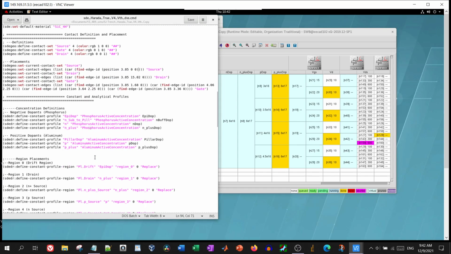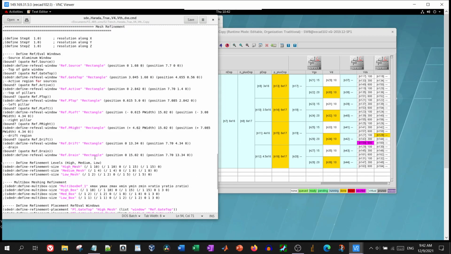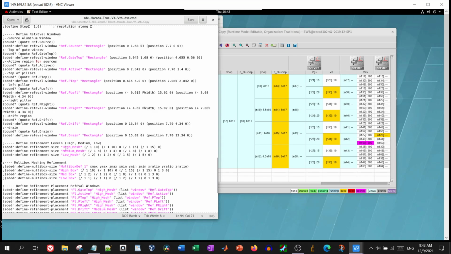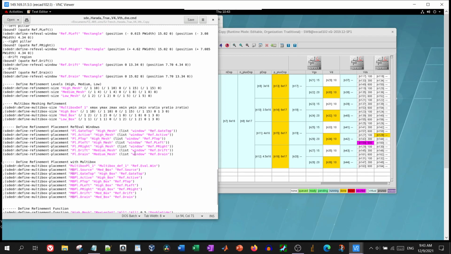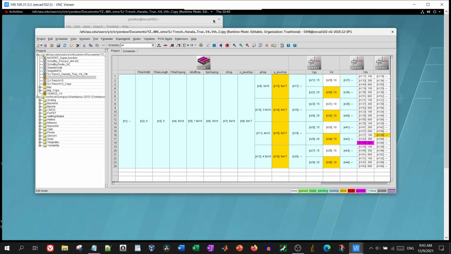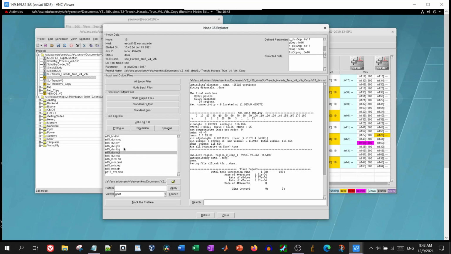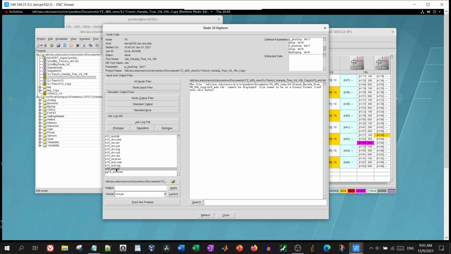The last thing you need to do is meshing. We're not referencing the region names anymore. We're just going along and seeing where we want more resolution. You'll notice here, for example, high and medium mesh. The reason we care about how much something is meshed, we can actually see it right here. If I click here, where all of these define ref eval windows are in place,